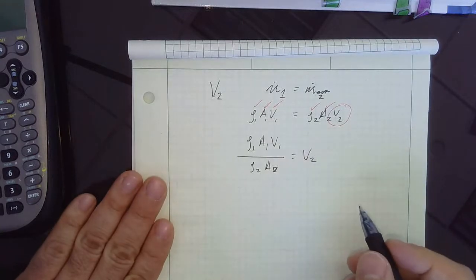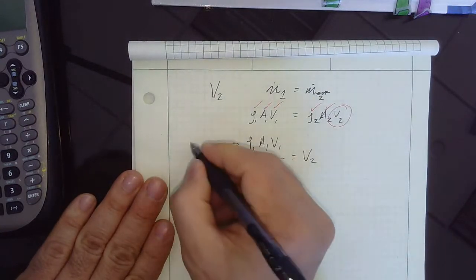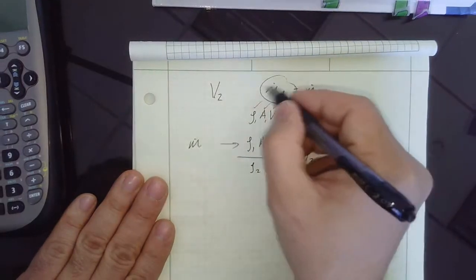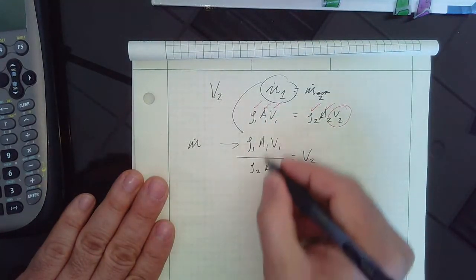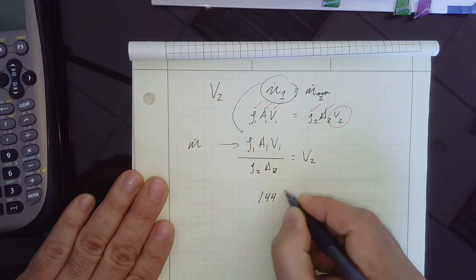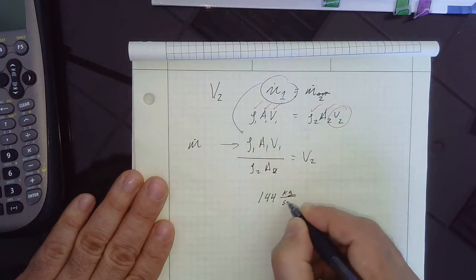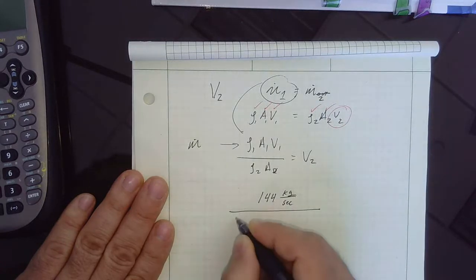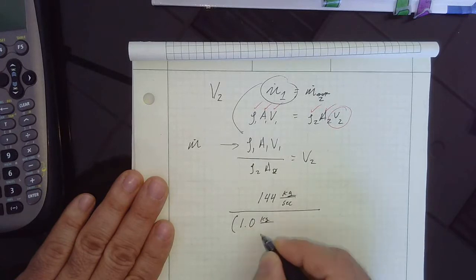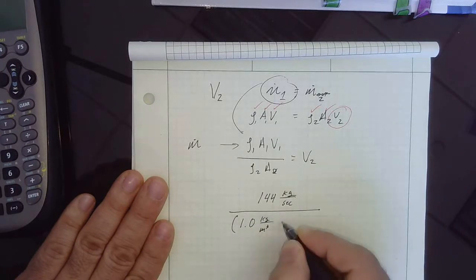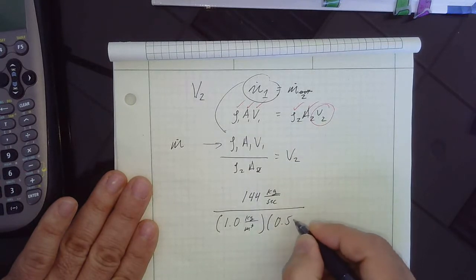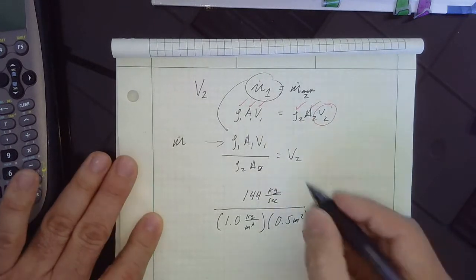Okay. Now, you already have this value. This is m dot, right? You could simply substitute that value in. And so now you have 144 kilograms per second over, let's see, the density here is 1.0 kilograms per meter cubed times the area, which we know is 0.05 meters squared. And what I'm expecting out,